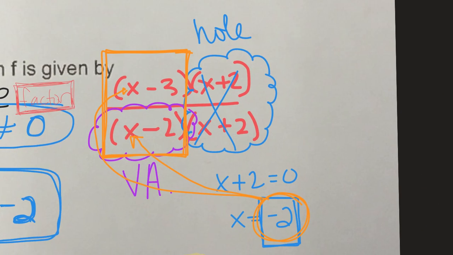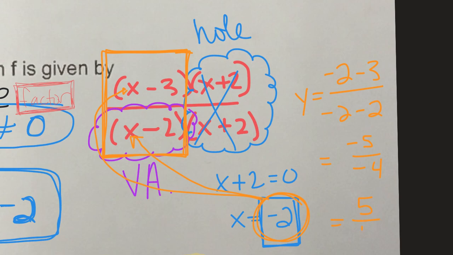So the y-coordinate is -2 minus 3 divided by -2 minus 2. You take your x that you found and you plug it into your simplified equation to figure out what the y is. That's -5 divided by -4, which is